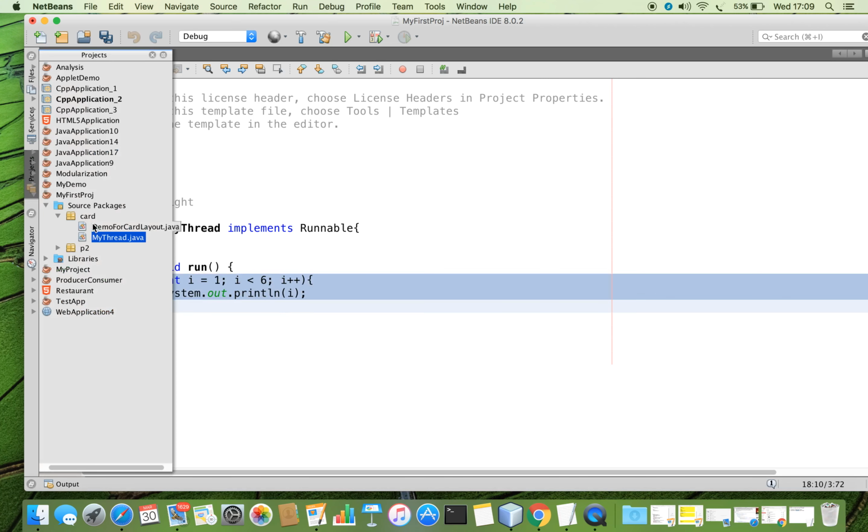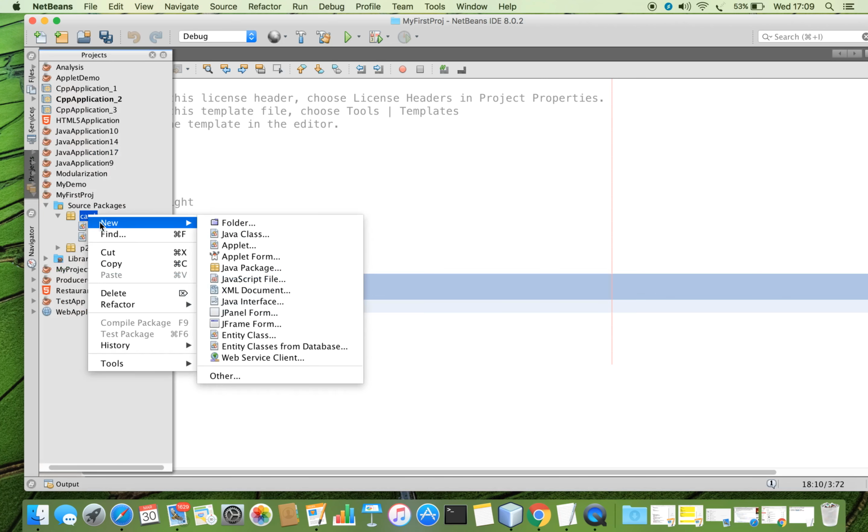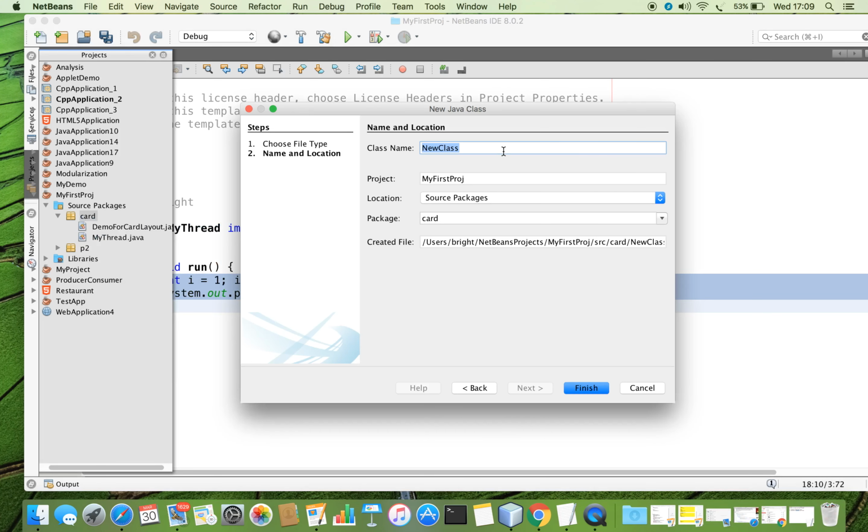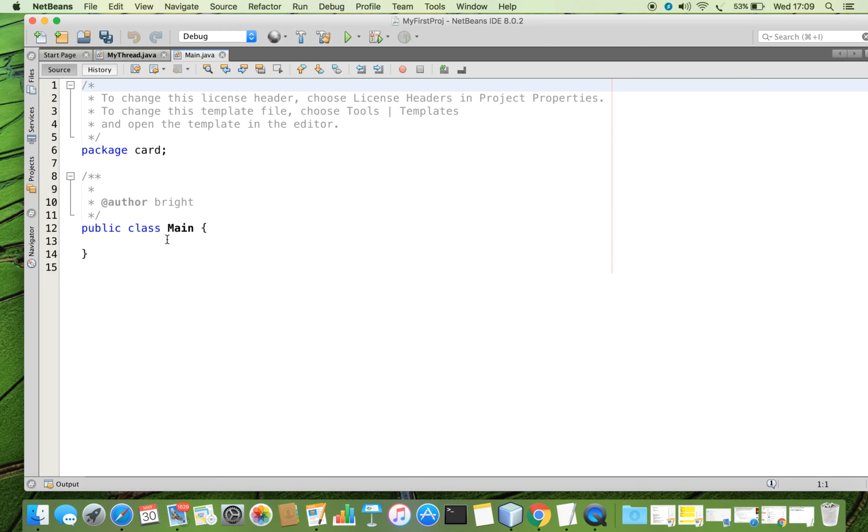Now I am going to create a main class, and from this main I am going to generate child threads. So public static void main. Now we are going to create the first child thread. As you know, the moment a Java program starts, the main thread will be generated automatically. That starts from the main method,